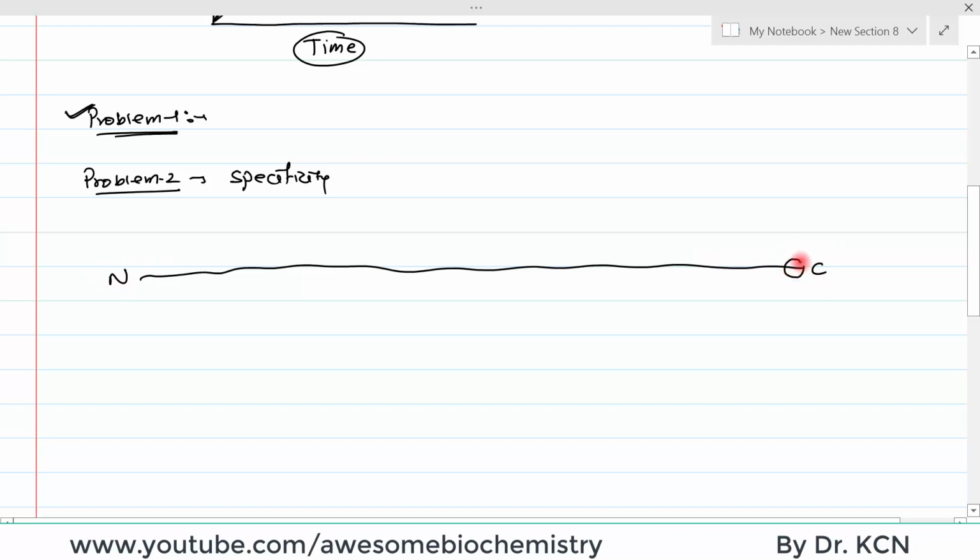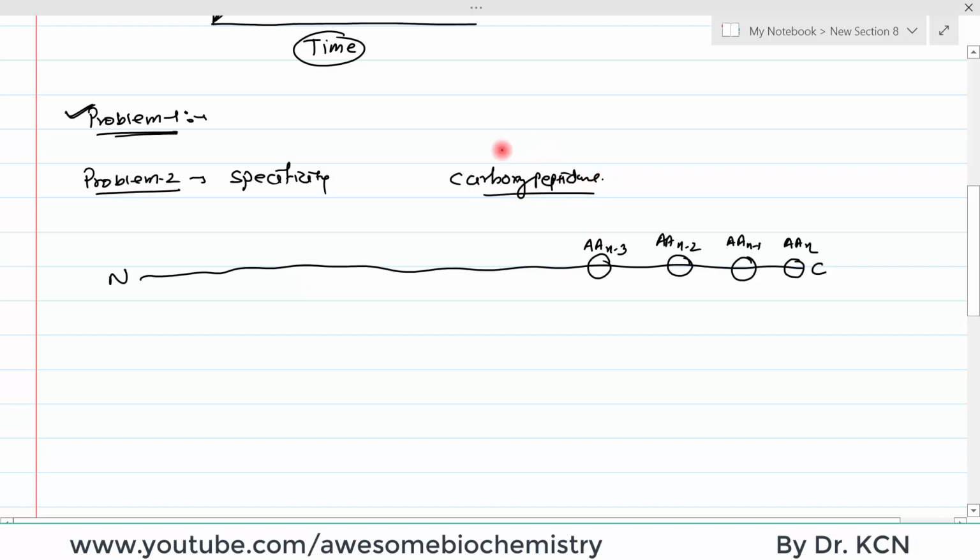Suppose this is the C terminal most amino acid, then this is the second one, then this is the third one, and then this is the fourth one. So, we will call this amino acid N. This becomes amino acid N minus 1, this becomes amino acid N minus 2, and this becomes amino acid N minus 3. Now, our carboxypeptidase,